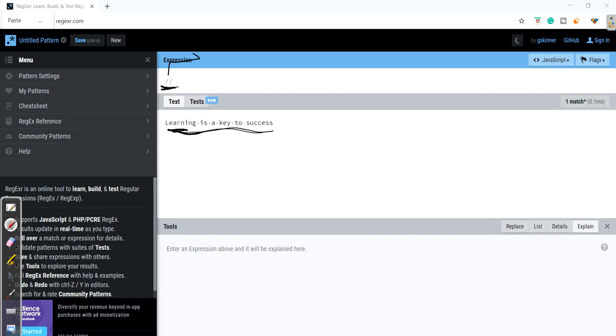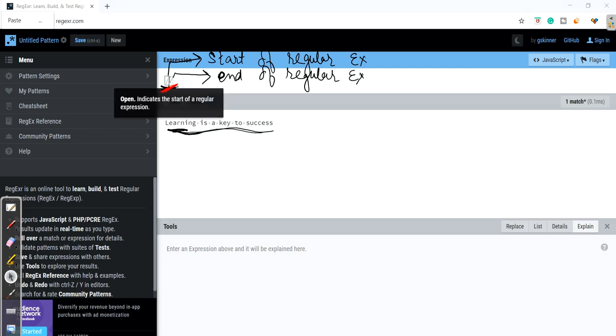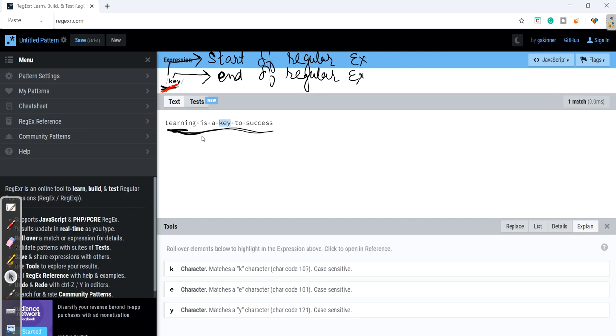The first forward slash indicates the start of the regular expression, whereas the last forward slash indicates the end of the regular expression. If I want to delete them, I can't. If I type over here, let's say key, it just puts it right in between them to let me know that it is a regular expression.